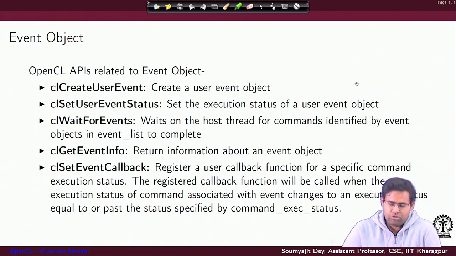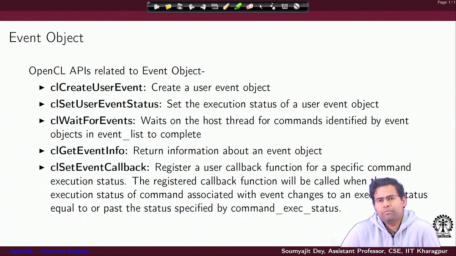Just to make it very simple, using this function CL set event callback, you can tell the system: I want some specific function, called a callback function, to be launched when the execution status of this command becomes something that I specify.